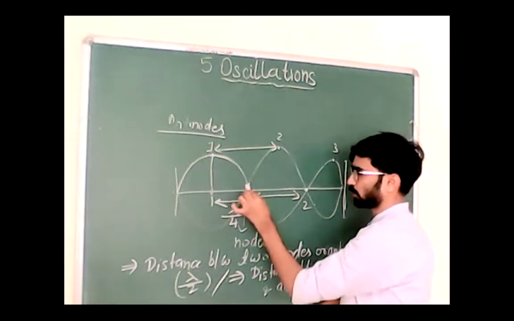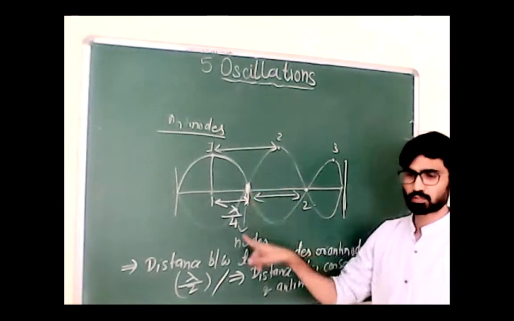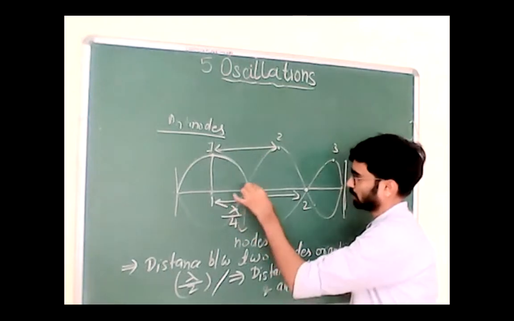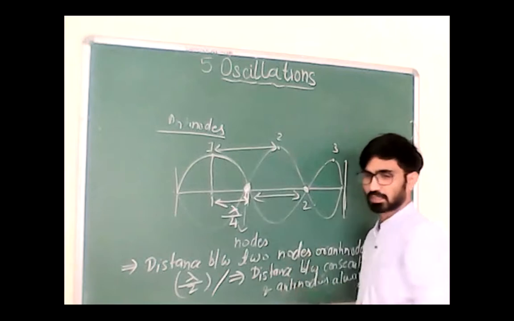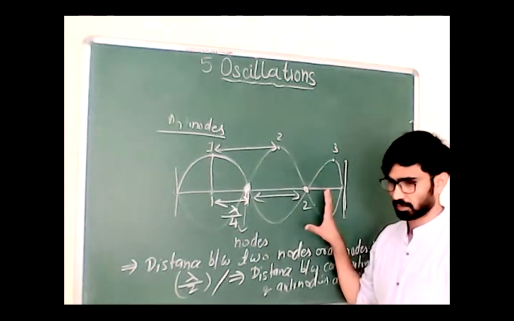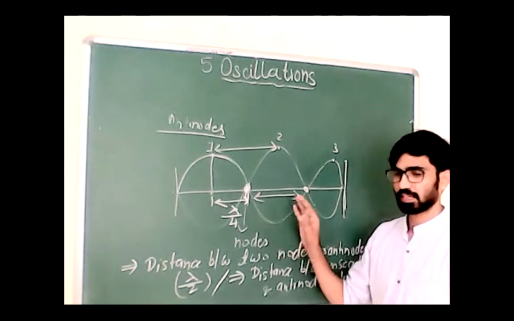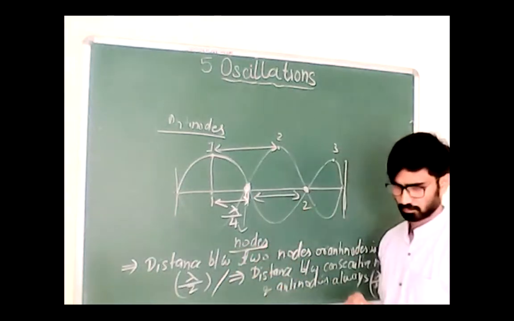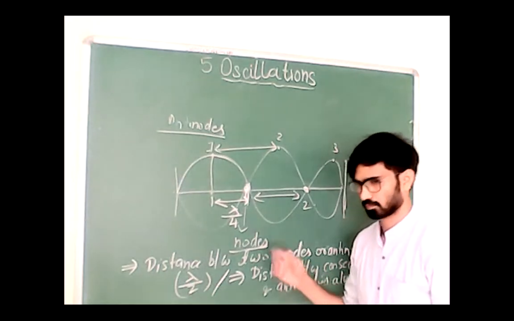If you see these points, they don't have any space to move. The particles at these points are not going to move anywhere in the vicinity. So these points which do not move, that is, they are motionless, those points are called